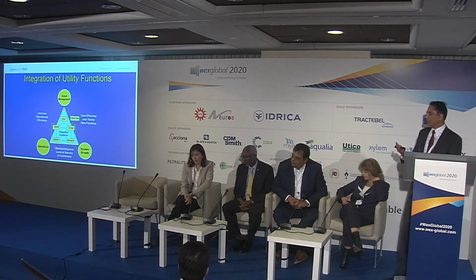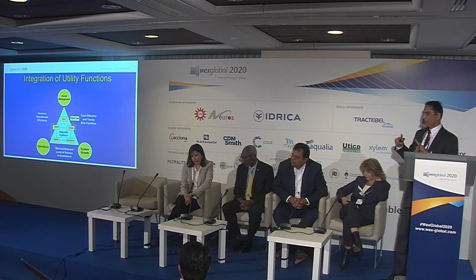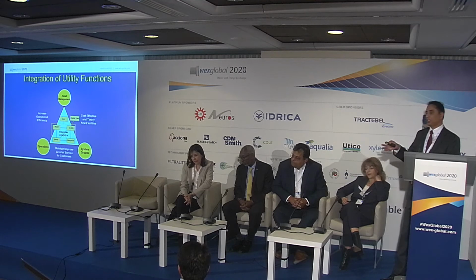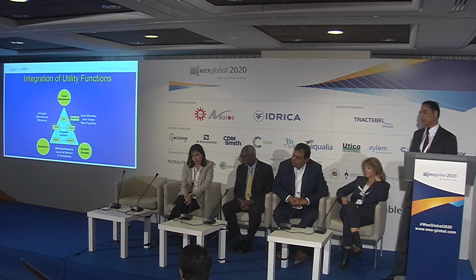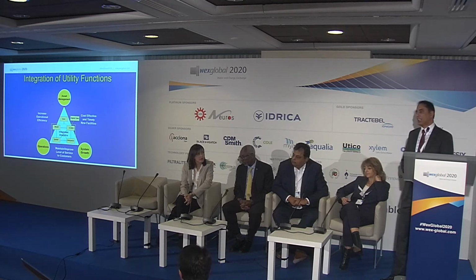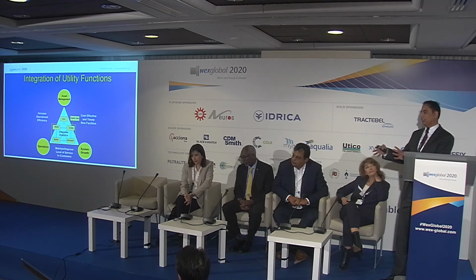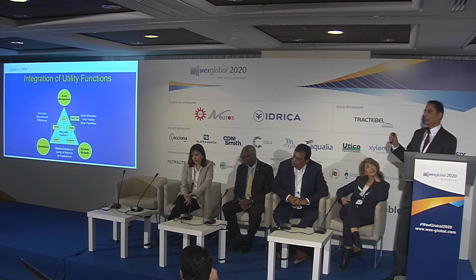So the way it works, we have this integration of functions. If I take asset management and operations, I get increased operational efficiency. And if I take between assets and my system growth, then I have cost-effective infrastructure. So that's the ultimate benefit. And then you have to see how this digital twin that's sitting in the middle, and then with the data analytics, integrated analytics, or AI, whatever you call it, how is it going to impact all these functions, and how am I going to integrate?